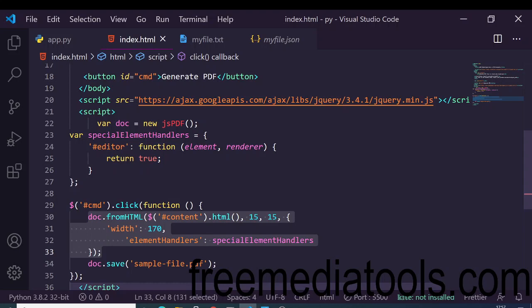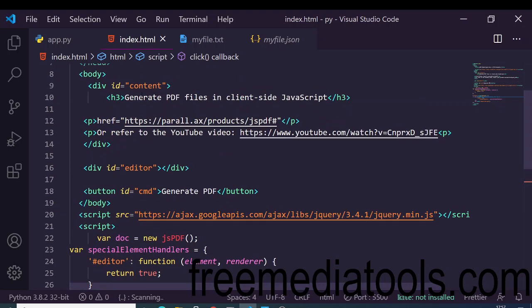First of all, it will use this method of JSPDF, which is fromHTML. It will take all the HTML content which is present inside the element which has this ID attached to it. We have given this ID, content. So it will grab all the HTML which is present inside this div tag.